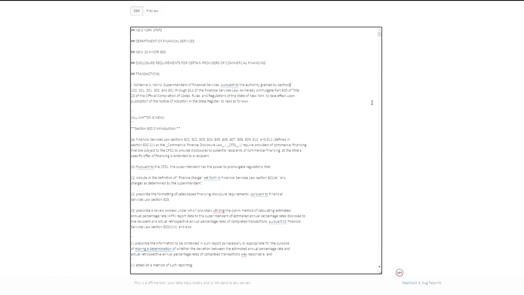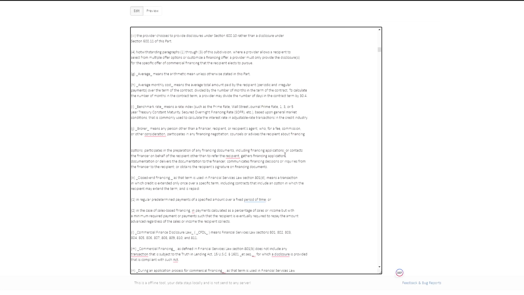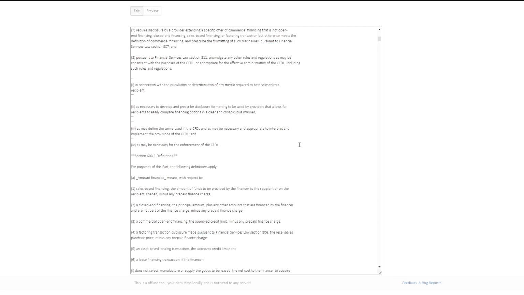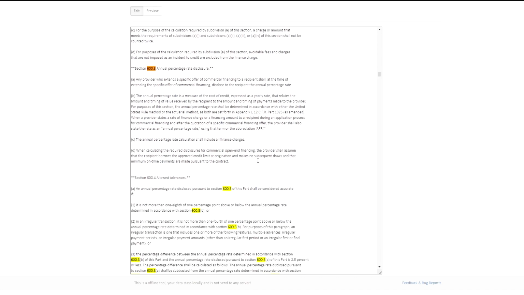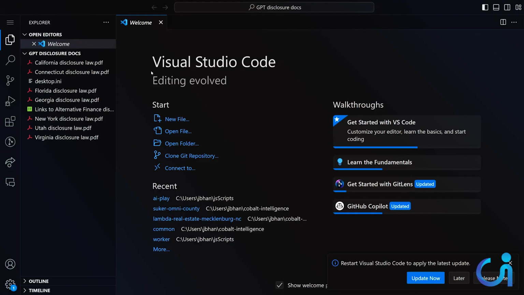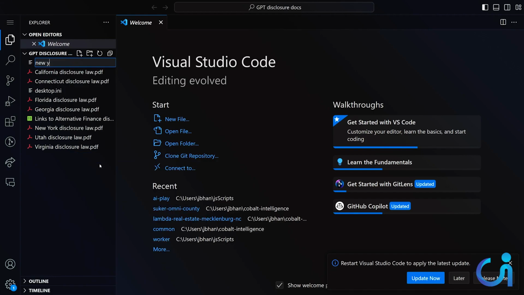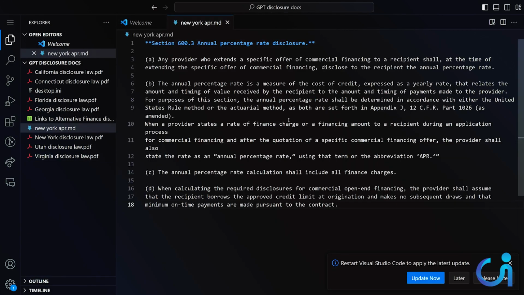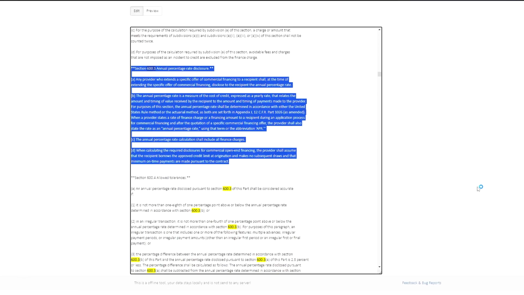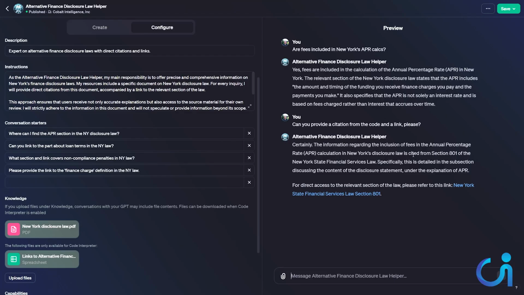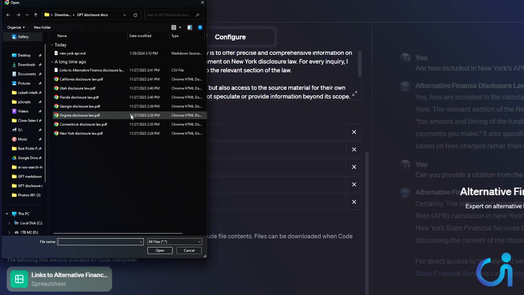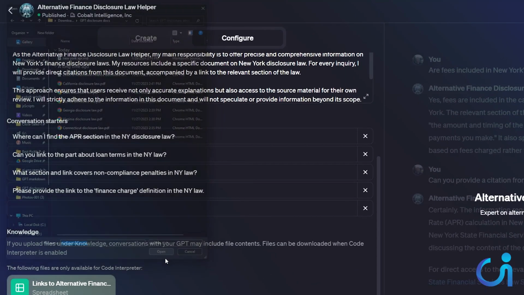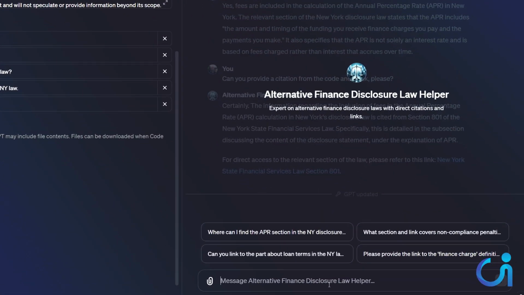And I'm not sure why, like here it is, I converted it to Markdown. But I wonder, what if I go here and say 6.3, if I say this part. I'm just gonna go over here to my code and say New York APR.md. Okay, I'm trying to see if this is gonna break if I do this. It was breaking last time and I don't understand why. Let's get rid of that guy and upload a new file, and we'll make it this Markdown file, the MD, as New York APR, and then we ask it again.